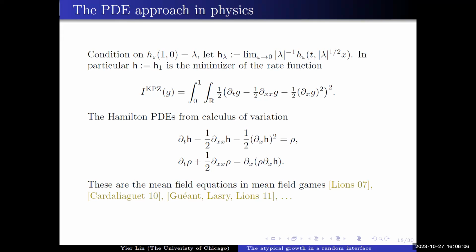Excuse me, what's the rho again? Their rho? So rho, you can think of it. So this is exactly a deterministic version of the KPZ equation. What rho represents is a certain realization of the noise. But here, what I mean is you can just think of these two equations as one equation by plugging the rho with the left hand side. I just write it in this way to make it simpler.